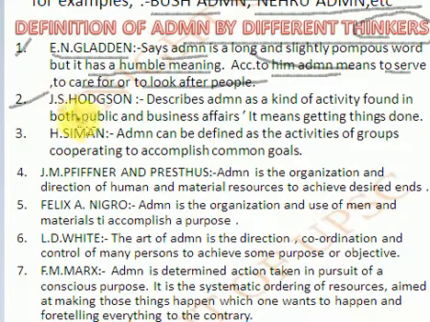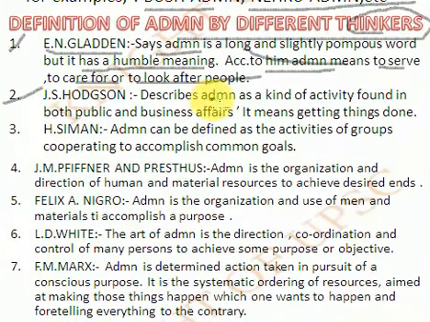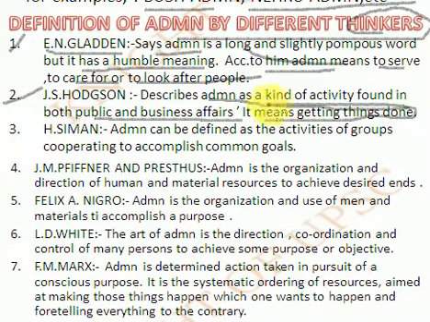And the second one, J.S. Hodgson. J.S. Hodgson describes administration as a kind of activity found in both public and business affairs. It means getting things done. It is the important line